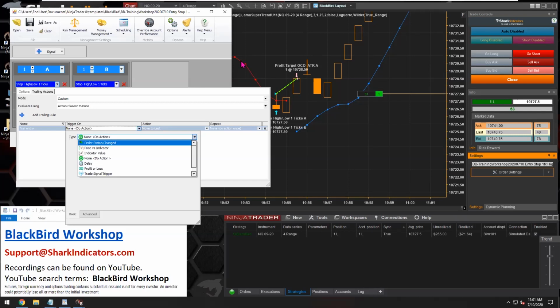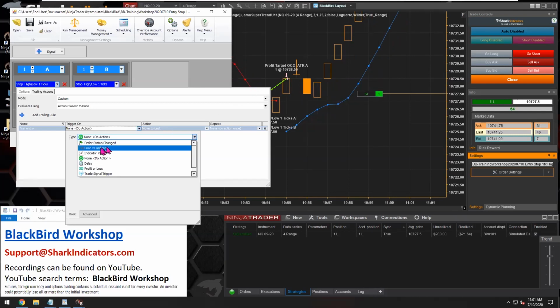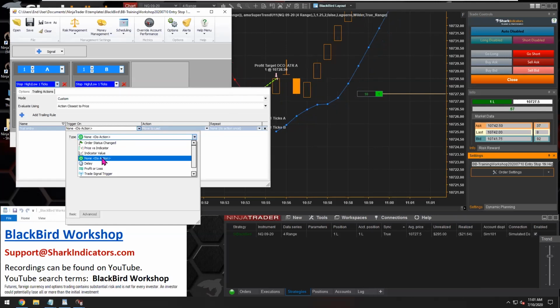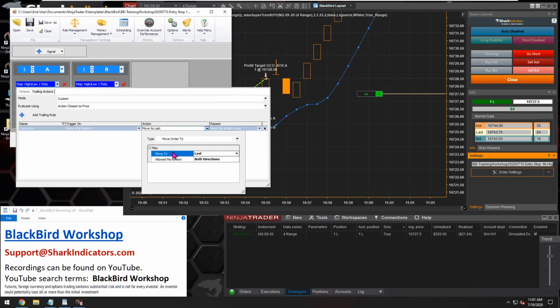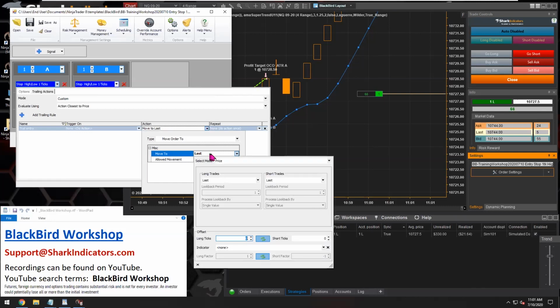You might use a trigger to make sure that your indicator is on the right side of the market for placing your entry order. That would be the one logical reason. But normally you're just going to go straight to the action